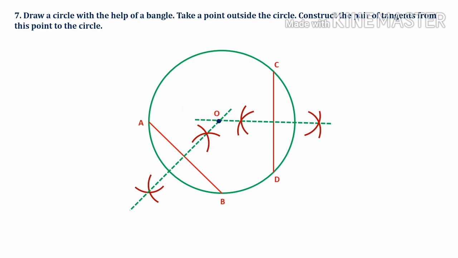Up to this much I will explain. The remaining process you know. Now you have a circle with the center O. Just like the first question, you are asked to draw tangents from the external point to the circle. Here the external point measurement is not given to you, so you can take any point outside with any measurement, according to your convenience. Then you have to join that external point to O, then bisect, then draw the circle. That circle will meet this circle at two different places. Join those two points.